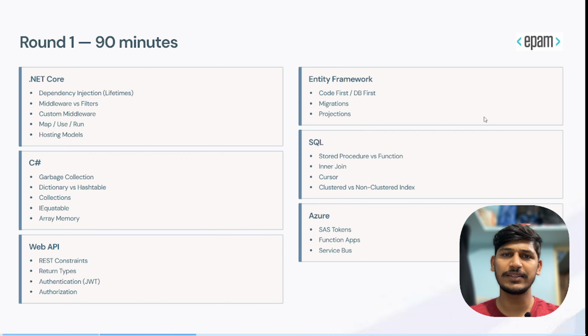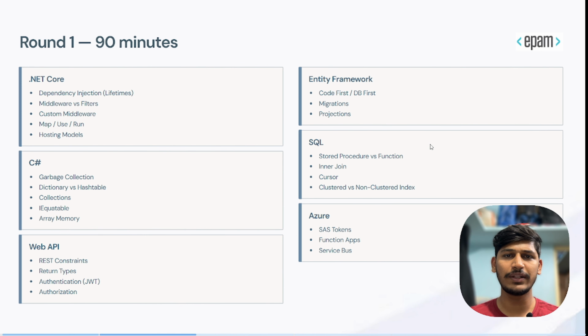Coming to Web APIs, it's all about REST framework and SOAP APIs also. And what are the return types in the REST APIs, and authentication using JWT token, and authentication methods other than JWT token in real time. Coming to Entity Framework, they also asked whether we will follow a code first or a DB first approach in large scale applications. As he's an experienced developer, they will mostly ask application level questions. And what are the things we need to consider on the migration, and about our projections.